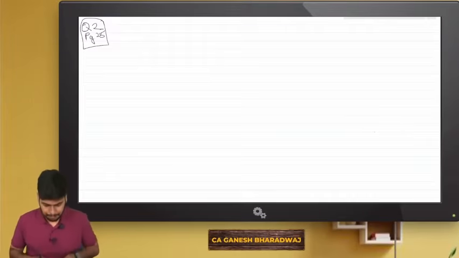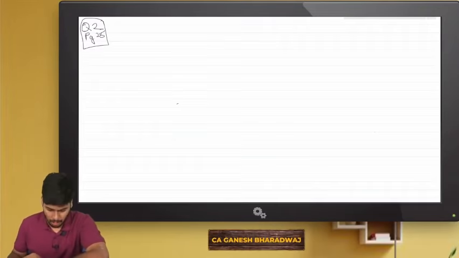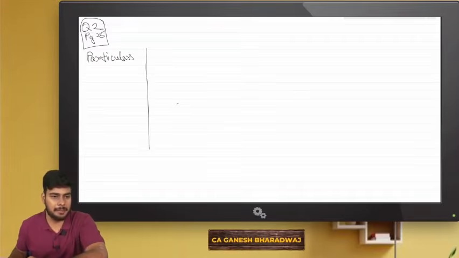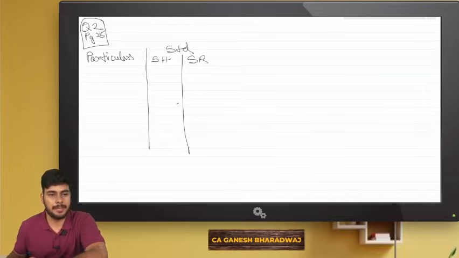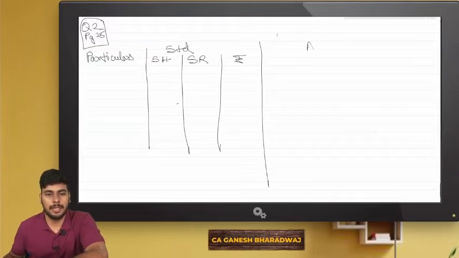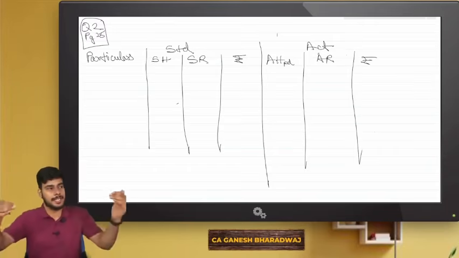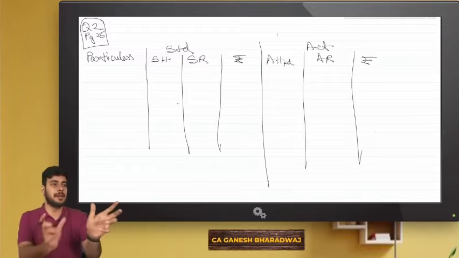Now write down. Let's make it the same way. Wait, I will first give you the template. Particulars. Standard: in that you will write standard hours, standard rate, and amount. Then actuals: actual hours paid, actual rate, and amount. So under this, what we will do is actual hours paid minus idle time,